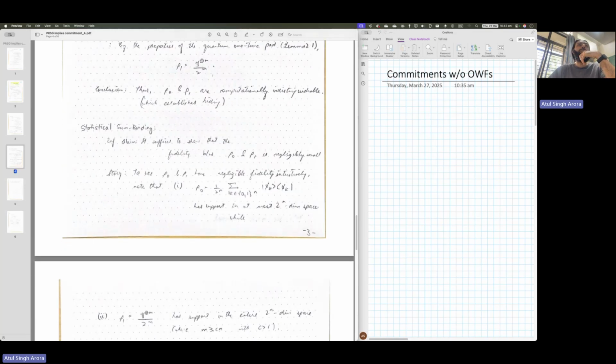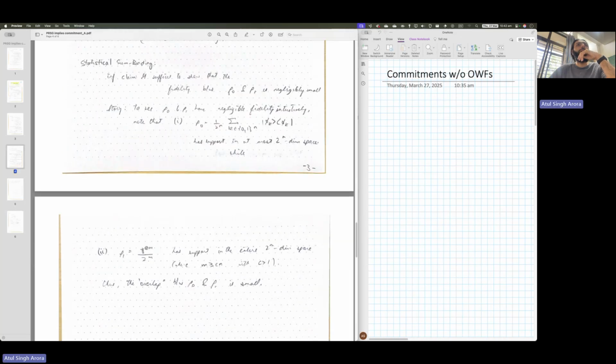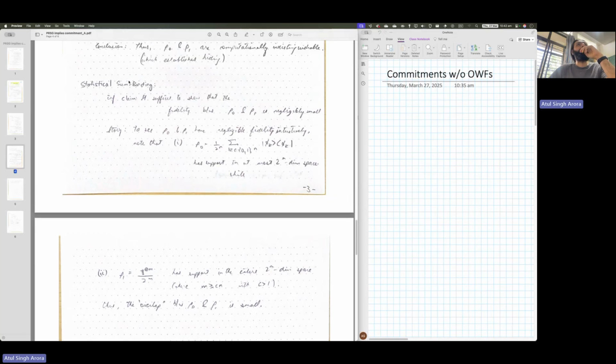Now we establish what is called statistical sum-binding. Okay, so the claim is that to show the binding property in the quantum setting, it suffices to show that the fidelity between rho 0 and rho 1 is negligible. Okay. So we look at how that proof goes. But statistical sum-binding basically says that